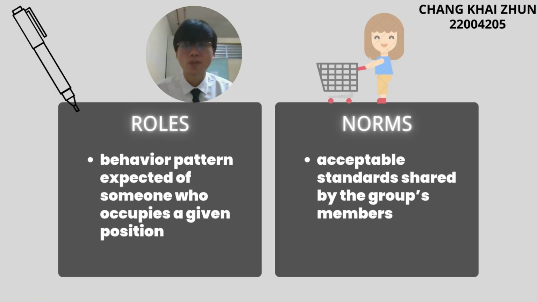Now I'll explain how these four concepts might influence the success of a team-based model. Basically, a role is the behavior pattern expected of someone who occupies a given position. This is good for the team because a person adjusts their role to the group they need to work with for the health of the patient. Next, the norm is acceptable standards shared by the group's members. This is good for the team because since they will be working together, they need to have a set of standards to all have similar goals for performance and effort that is put into the work.